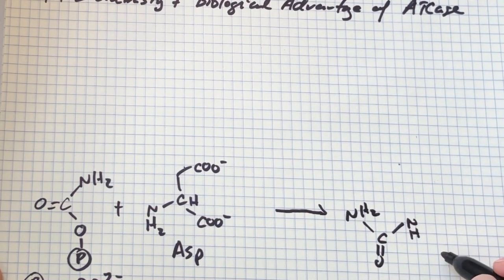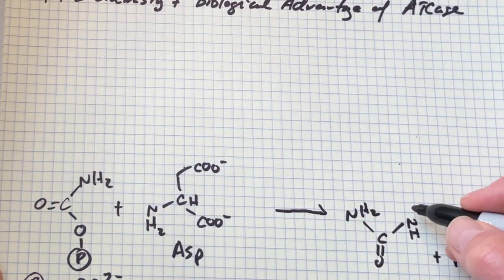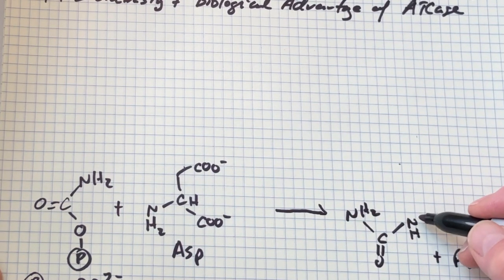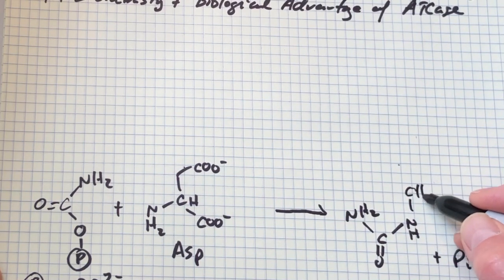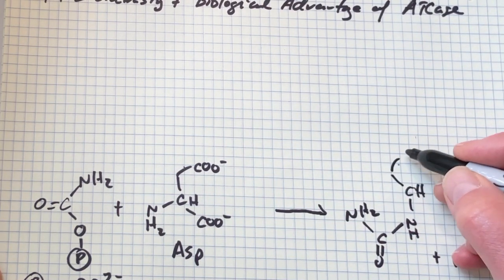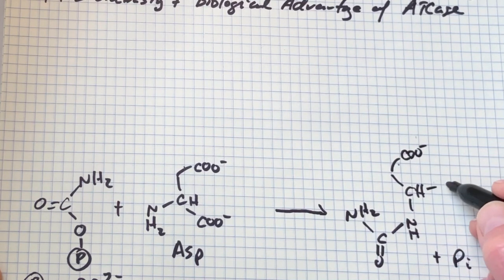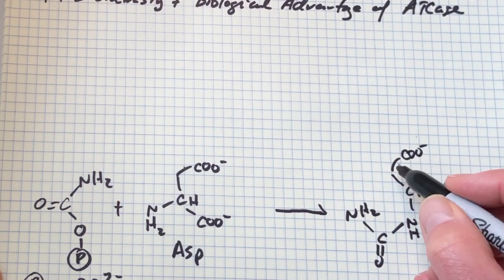And another product is inorganic phosphate. So this is just the carbamyl group. This is the new bond that was formed. And then we can draw in here the alpha carbon, the side chain, and the carboxylic acid functional group of